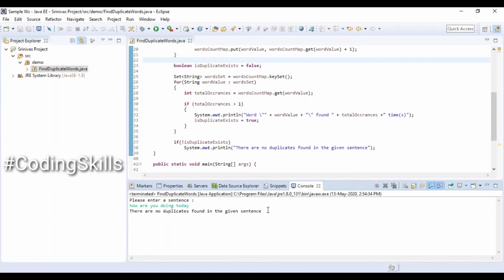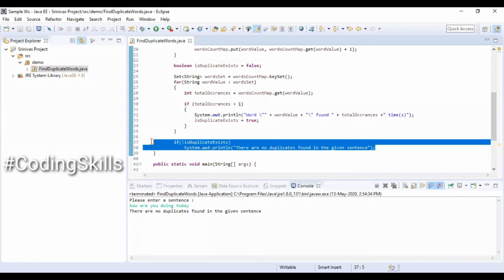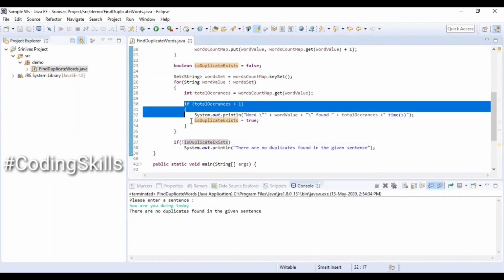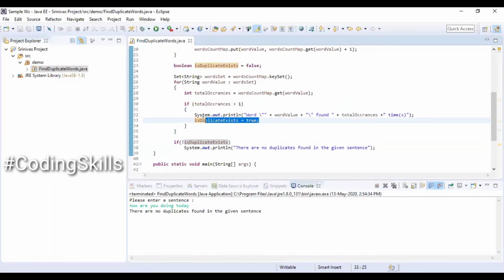There are no duplicates found in the given sentence. Initially we defaulted with false and we populated it as true inside the if condition.